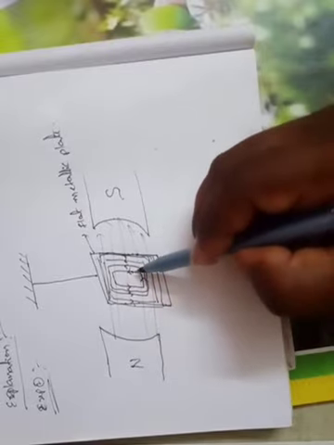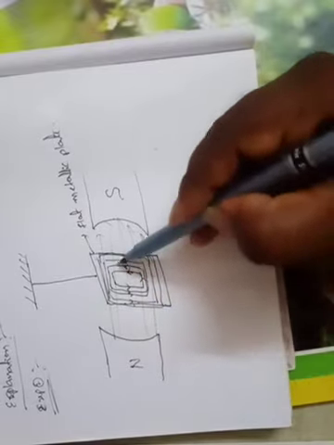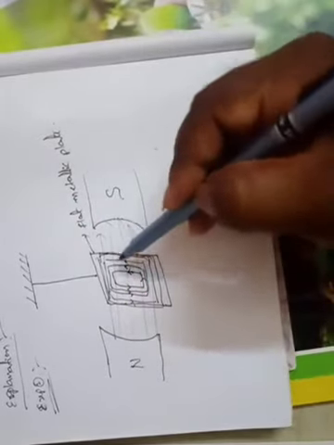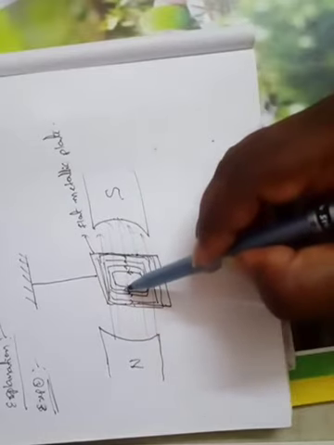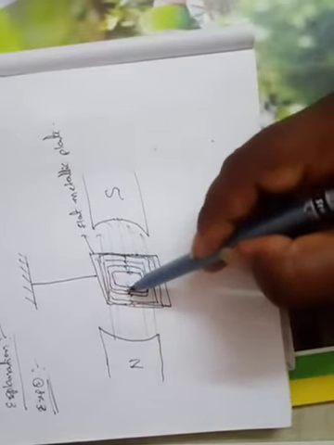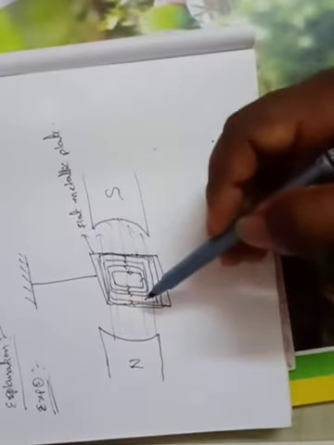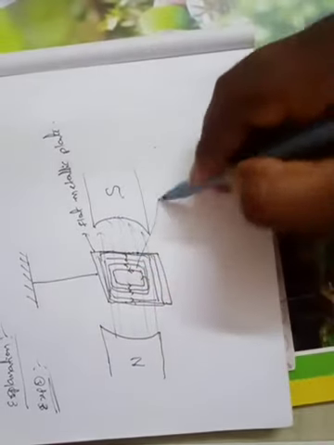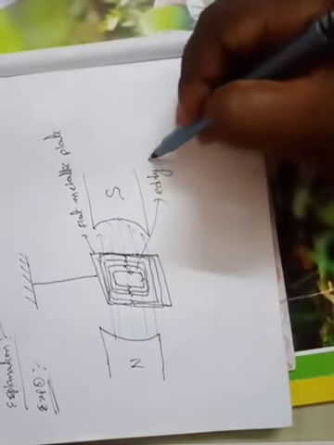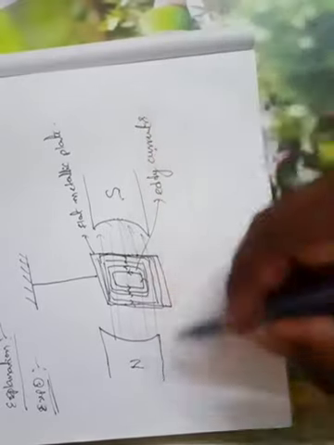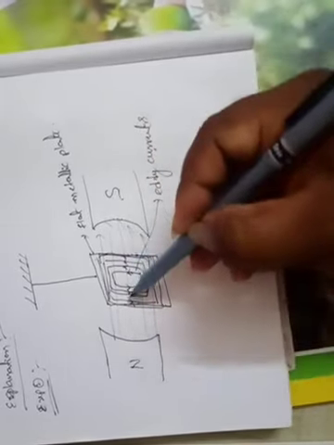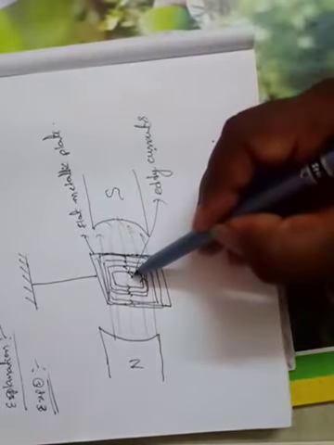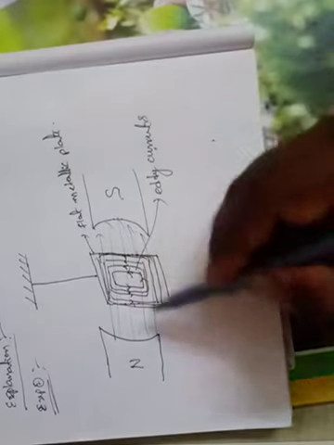So here one point you should remember: whenever this metallic plate is entering the magnetic field, the area of this coil is increasing. So the magnetic flux linked with this area is also going to increase. So flux change leads to induced currents, and those induced currents are in the form of eddies. That's why we call these currents eddy currents. And one important point to note down: as long as the area of the conductor is increasing, induced currents are produced, which are called eddy currents.